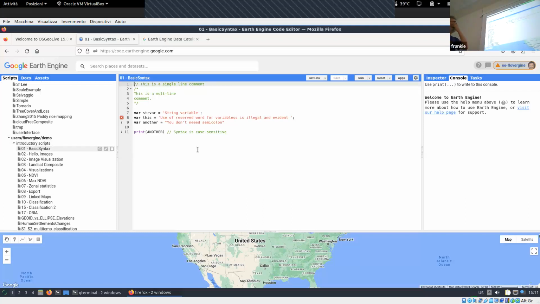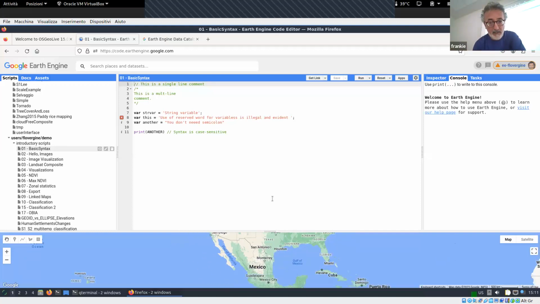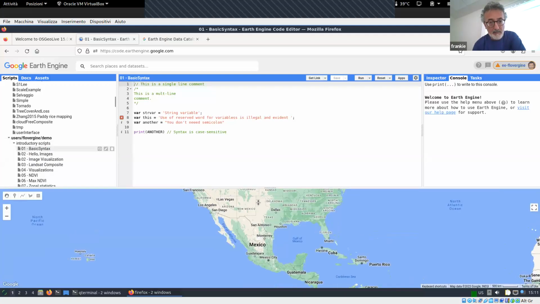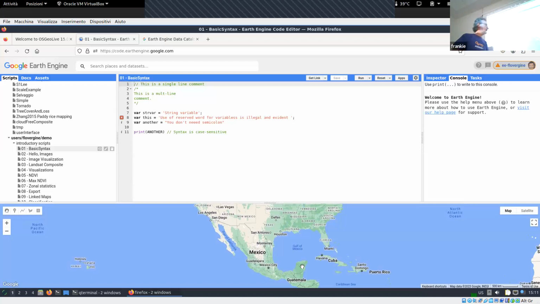JavaScript is a language used by modern browsers, at least in the last 20 years, probably. It's a C-like language, quite used. All these scripts run on your own browser. The result will go in this area, which we call the canvas, where you see sort of Google Maps with steroids. Here we will also load all remote data when they are processed or even when they are simply